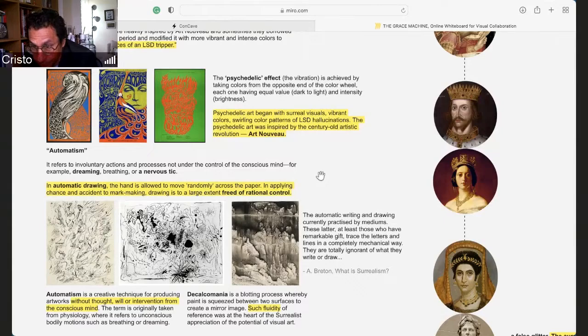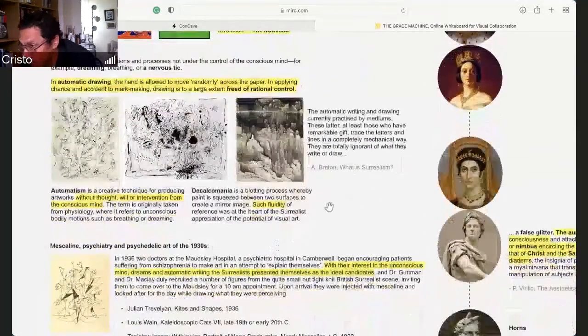In automatism, or automatic drawing, the hand is allowed to move randomly across the paper, applying chance and accident to mark making. The drawing is free of rational control, right? And so automatism produced this artwork without thought or will or intervention from the conscious mind. And we have these three images. The one on the far left is a drawing by André Masson in 1925. The one in the middle is an automatic drawing by Salvador Dalí, and the one on the right is an automatic drawing by Oscar Dominguez, who created this